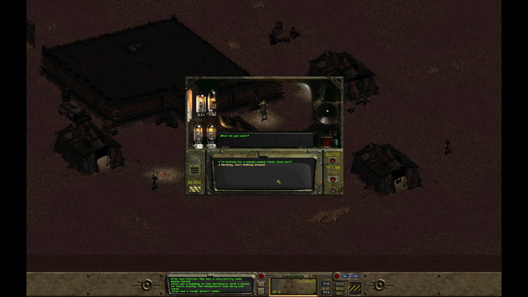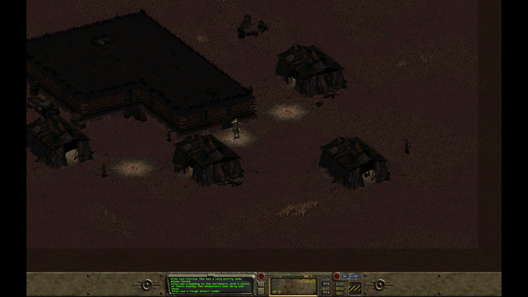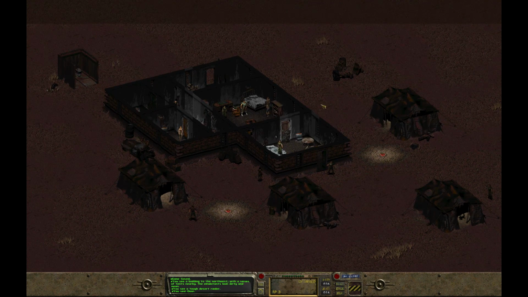I'm looking for a woman named Tandy. Have you seen her? He hasn't seen her. You're lying. I can't say anymore or Gar will kill me. Gar. Really? This could end very badly for us. You look important. But then she looks...